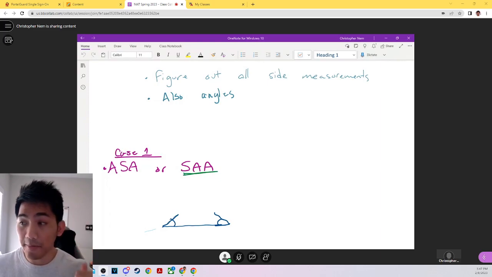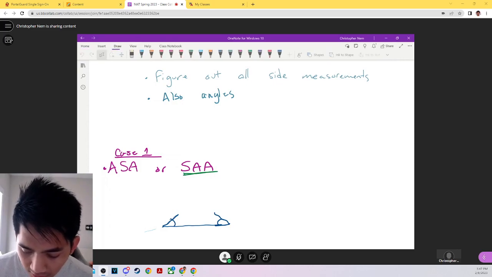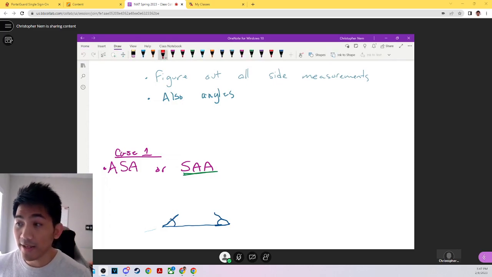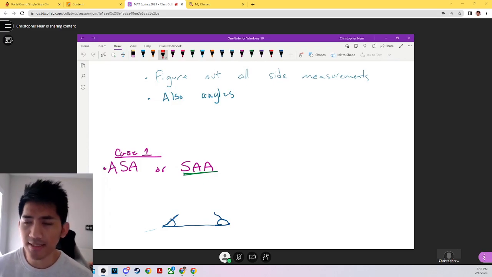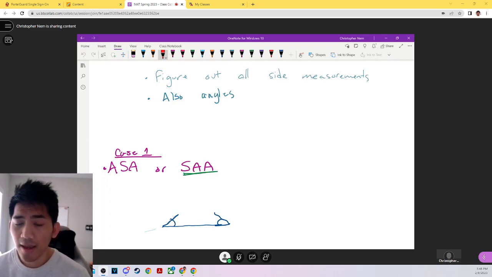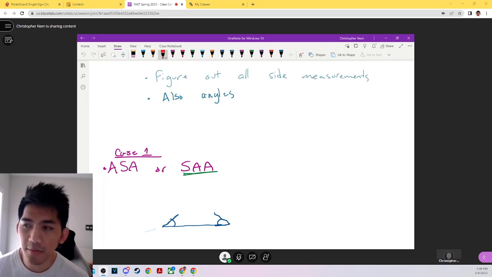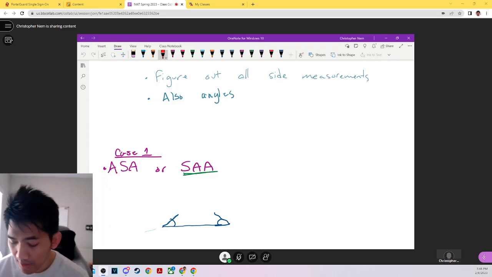I have enough information. Now, I also put the word or, side angle angle, because they are equivalent at the end of the day. But why are they equivalent? Because it says here I have a predetermined side, and 2 predetermined angles next to each other without any predetermined side between them. That's not the image that we have. However, because 2 angles are predetermined in this problem over here, this is the same as saying I have a predetermined angle,